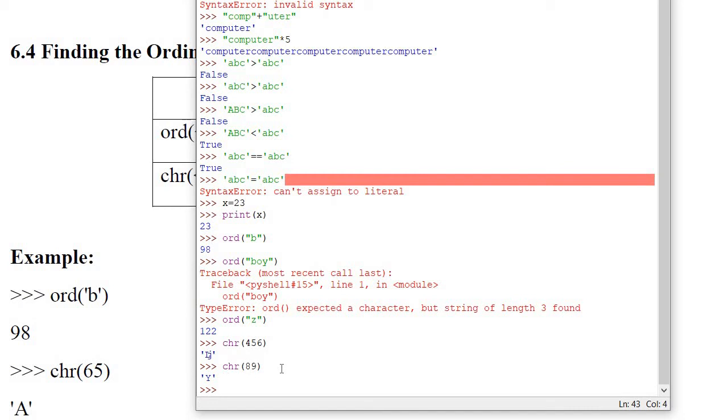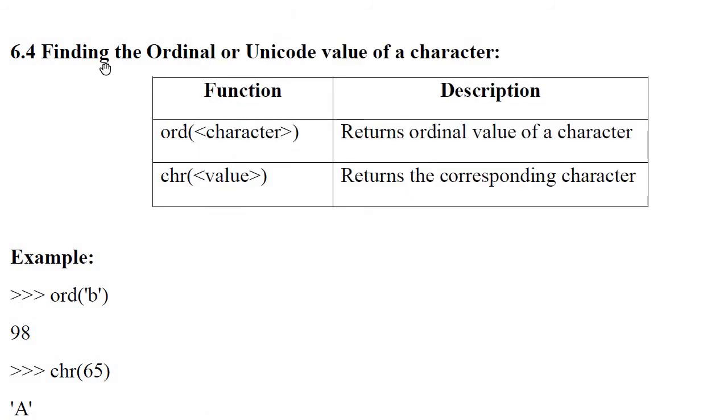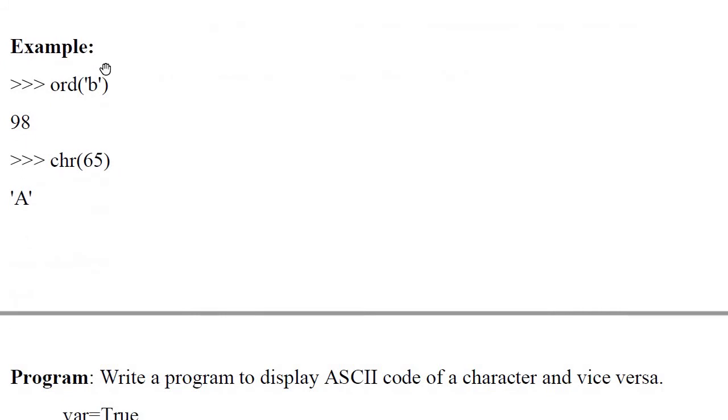Like this you can see the ASCII value of a character also. From ASCII to character, character to ASCII, you can do both things with ord and chr. So ord is for a character and chr is for a value.